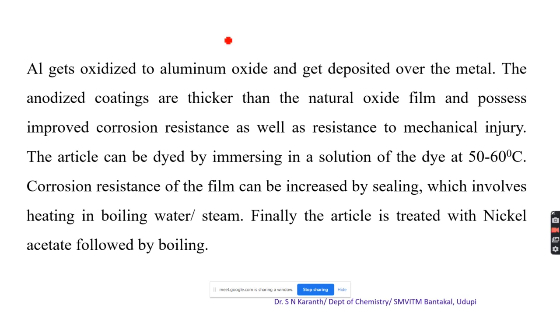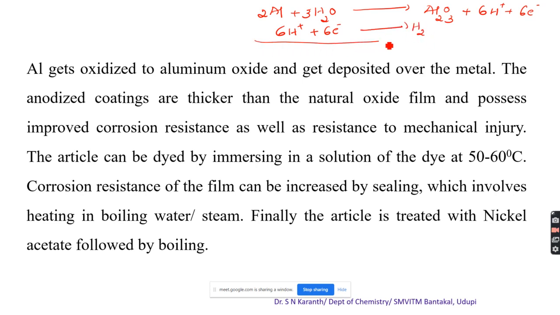If you want, I can represent it once again here. The aluminium combines with water, H2O, giving rise to aluminium oxide, Al2O3, with the formation of 6 moles of H plus and 6 moles of electrons. To balance this, 2 moles of aluminium and 3 moles of water are needed. As soon as H plus is formed, it undergoes reduction and liberates hydrogen. So the net reaction is 2 moles of aluminium plus 3 moles of water giving rise to Al2O3,